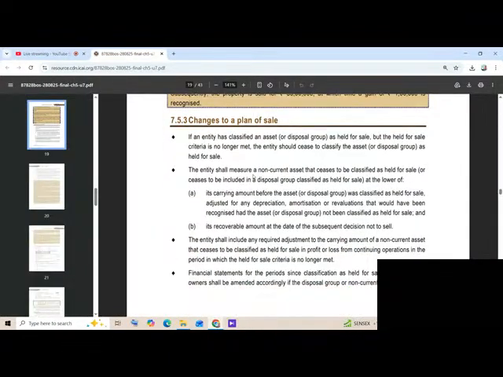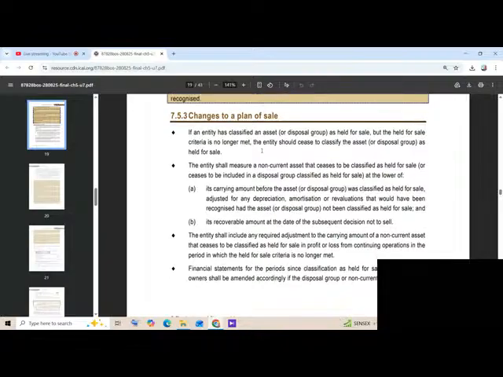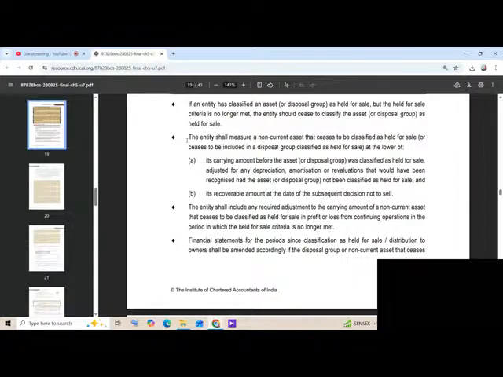Changes to a plan of sale. If an entity has classified an asset or disposal group as held for sale, but the held for sale criteria is no longer met, the entity should cease to classify the asset or disposal group as held for sale. The entity shall measure a non current asset that ceases to be classified as held for sale or ceases to be included in a disposal group at the lower of its carrying amount before the asset or disposal group was classified as held for sale, adjusted for any depreciation, amortization, or revaluations that would have been recognized